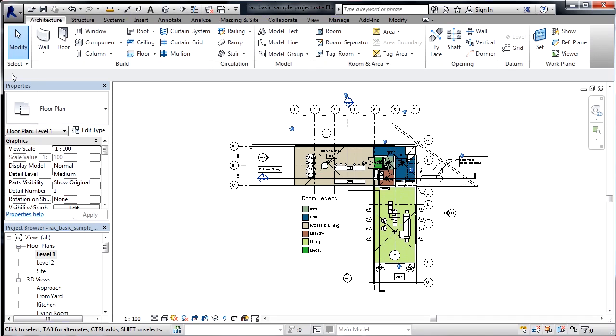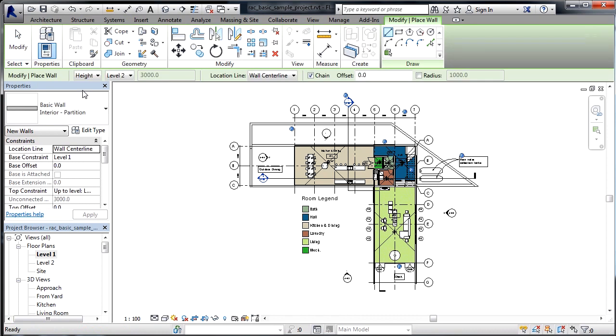We can find the options bar right underneath the ribbon. It's this gray bar going across the top of the screen. The options bar gives us options related to the command that we're in. For instance, if we're in the Architecture tab and then select the picture of the wall, we'll then get